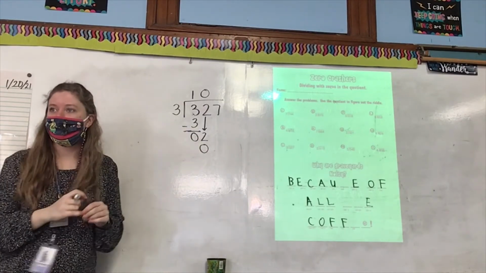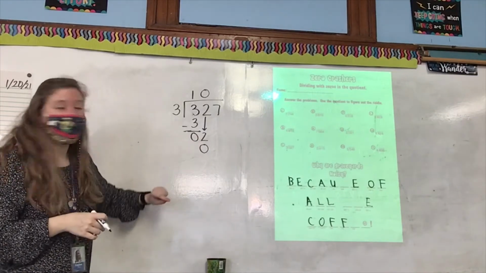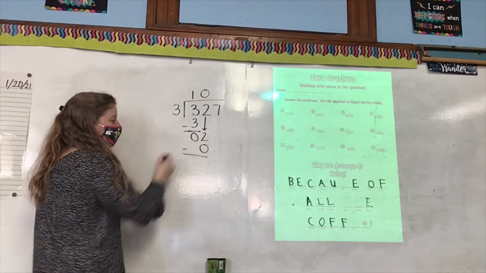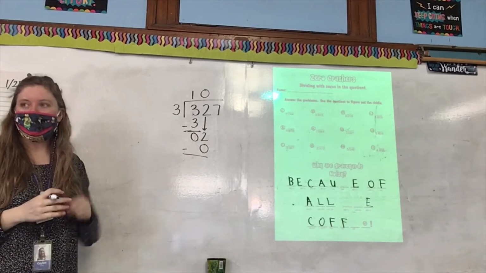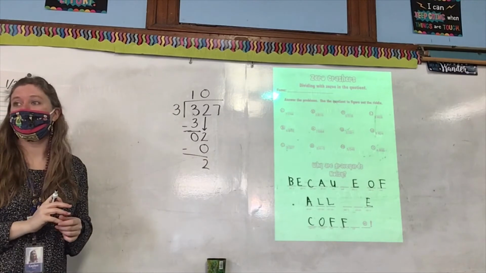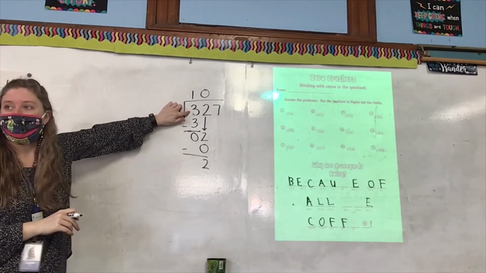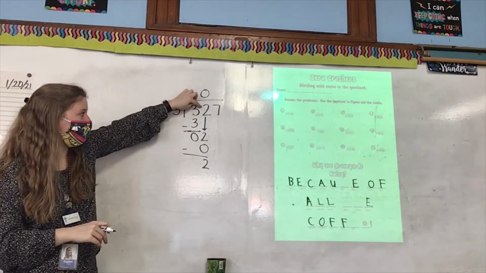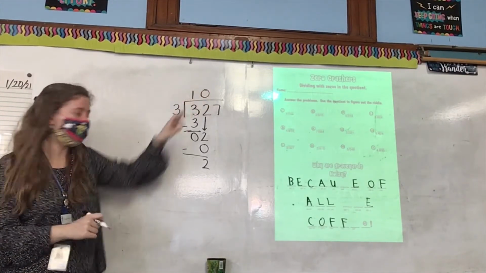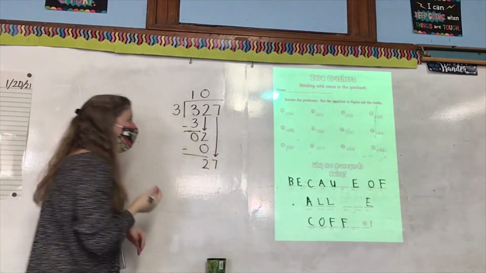Ethan, you can tell me numbers. 2 minus 0, because we're subtracting the answer to our multiplication problem from our new dividend, which equals 2. We just subtracted, so next step is bring down. Can we bring down this 3? Nope, it has a digit. Can we bring down this 2? Nope, it has an arrow. Can we bring down this 7? Yes, it has nothing. We just created our new dividend, which is